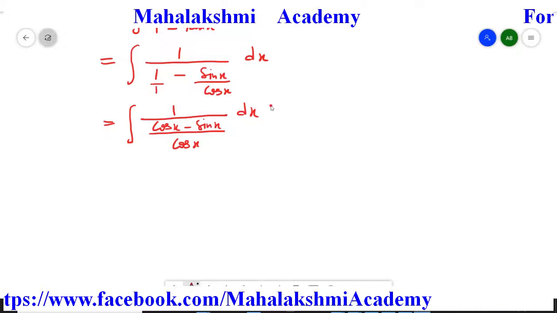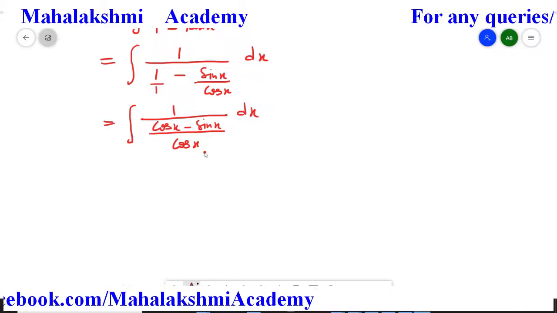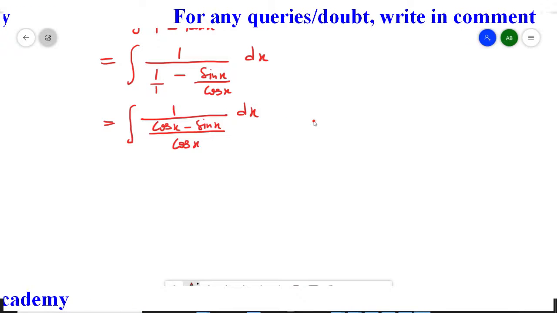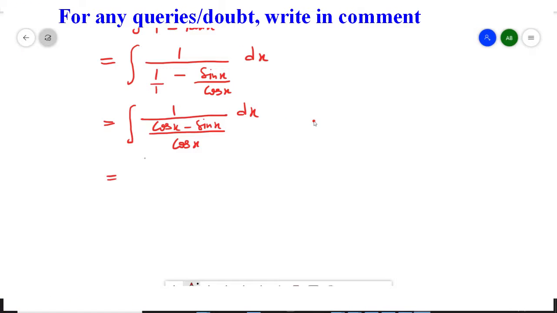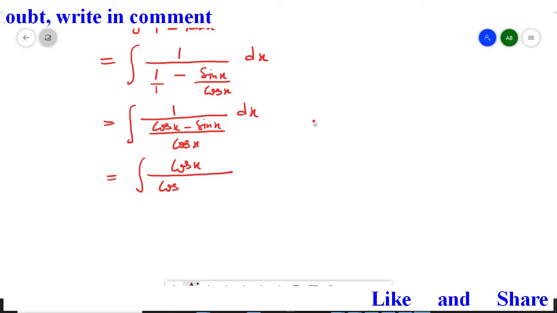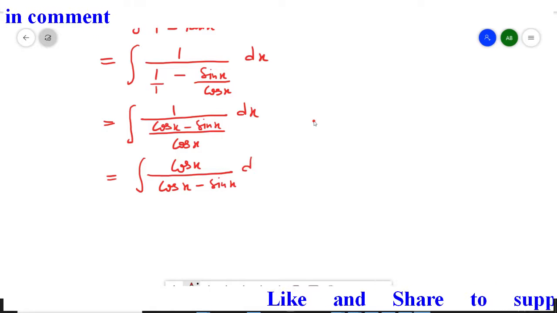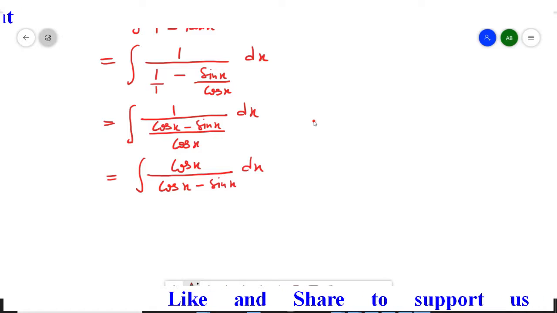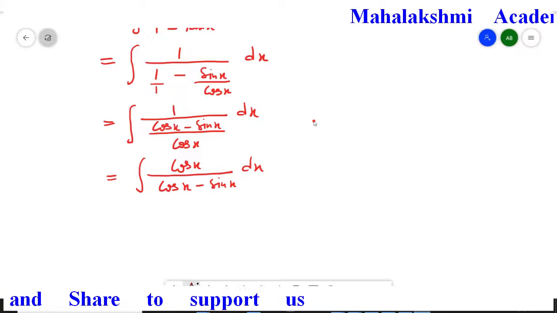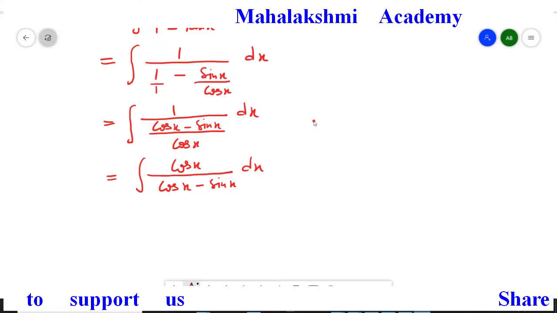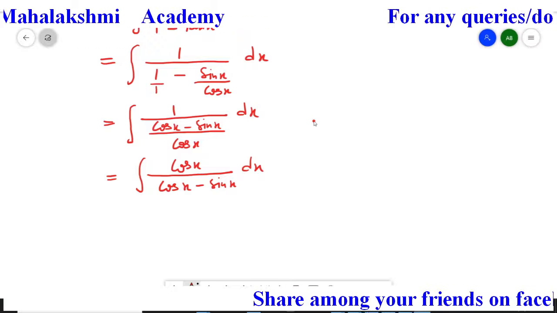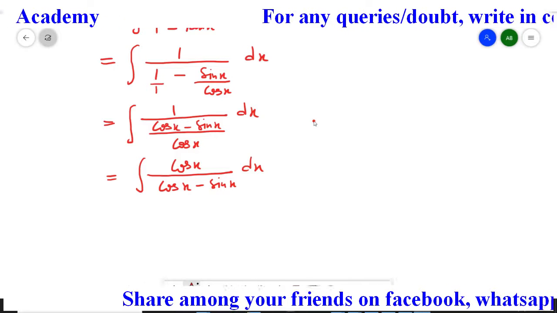Now in the next step, this cos x, because it's in division, will be multiplied by 1. So we have to write here only cos x. So it will appear like this: integration of cos x, whole divided by cos x minus sin x dx. Now it's a very important format in integration. In this format, if you have sine and cos in addition or subtraction, and among sine and cos any one is in the numerator, in that situation whatever you have in the denominator, the same you have to create in the numerator also.